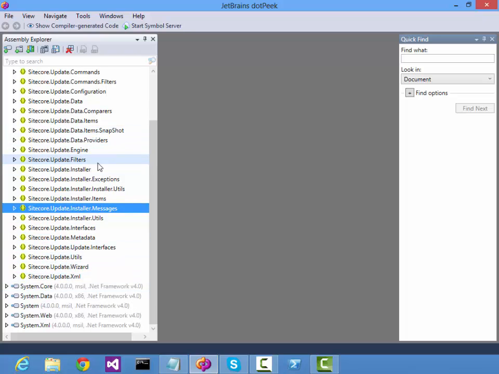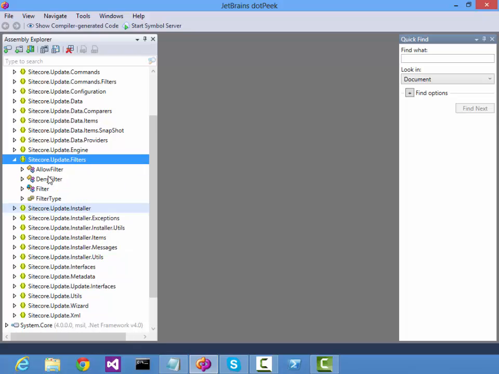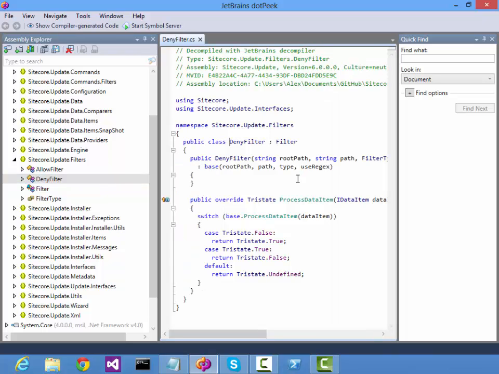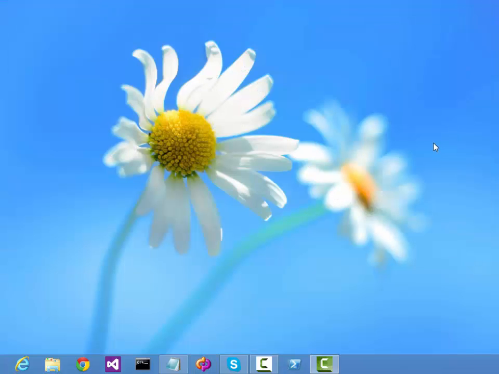So what we will do is create our custom filter. It should be fairly easy. For example, it will filter our home item and deny any items whose name starts with home. Well, let's see how it works.